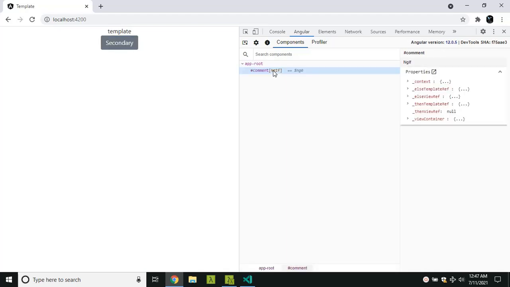When we inspect the comment node for the ngIf, you can see that there is a value called context, which will have two values, the $implicit and the ngIf. This will keep on changing based on the value of the field which we gave in the ngIf. In case of using ng-templates in ngIf or any structural directive, these are the two values by default. But in case we are using any other directive like ngTemplateOutlet, or we are manually calling createEmbeddedView, this context will play a much bigger role.